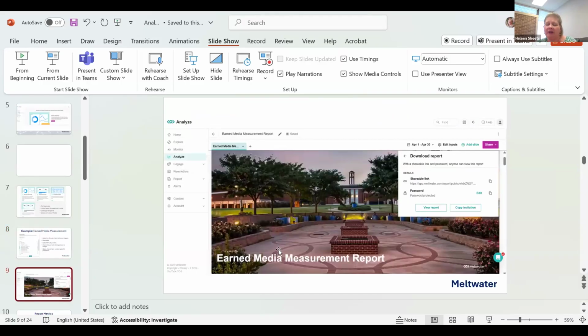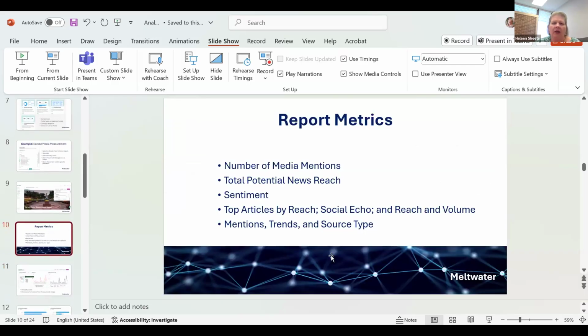As Kirsten said, you can select the dates you want. With the dashboards, you have a shareable link. It's an interactive dashboard that can be shared with anyone. You can tailor the password. You can even brand the dashboard with an image, and for earned media measurement, you can add a date to it. You can do a lot with that. And then again, this will show you the number of media mentions for the set date.